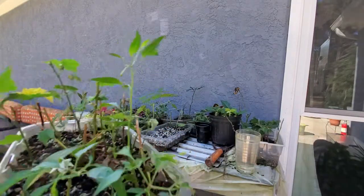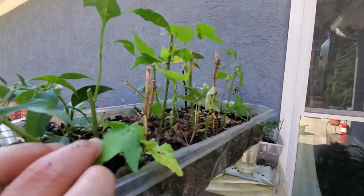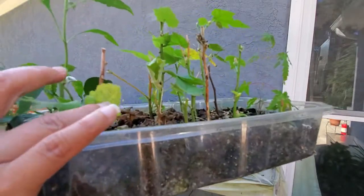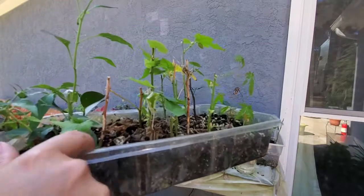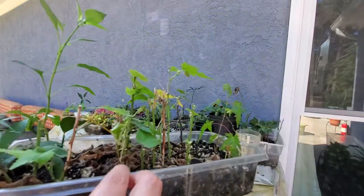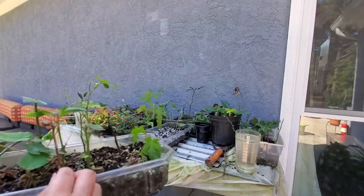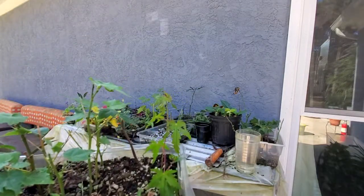See, look, this one looks like it didn't take from up here. But if you look, there's a shoot down here, see? It's from the same thing. It just looked like it didn't take and I was about to pull it out. But you can see right there, it has new growth, see? So I just go in and remove